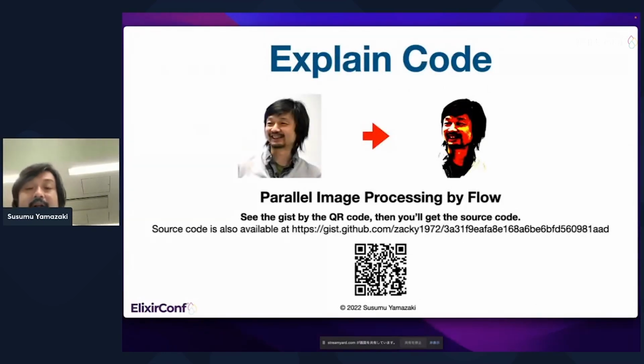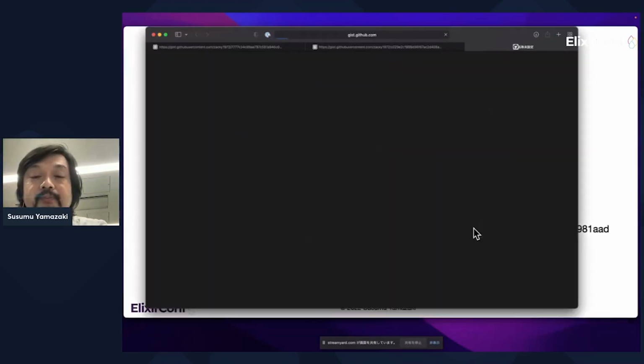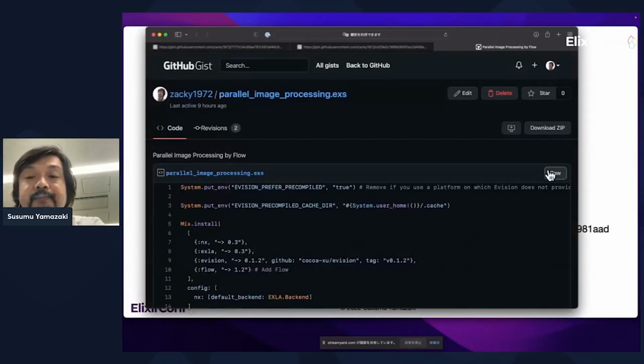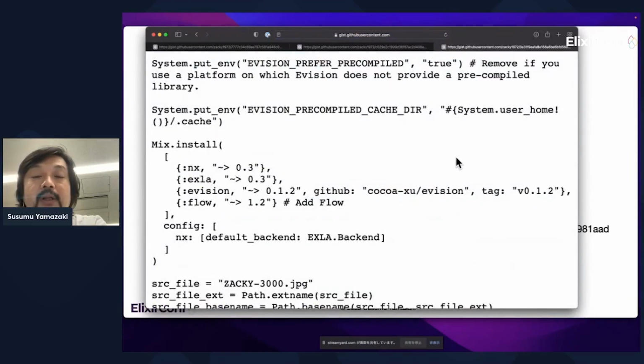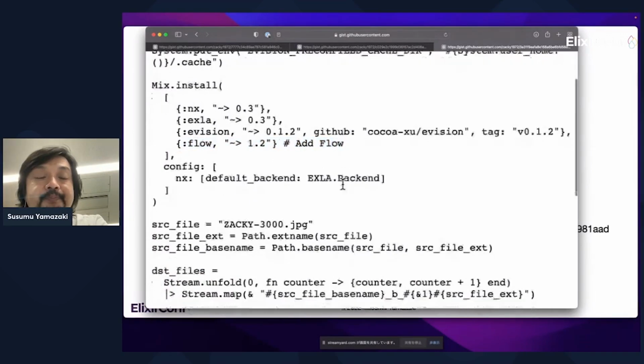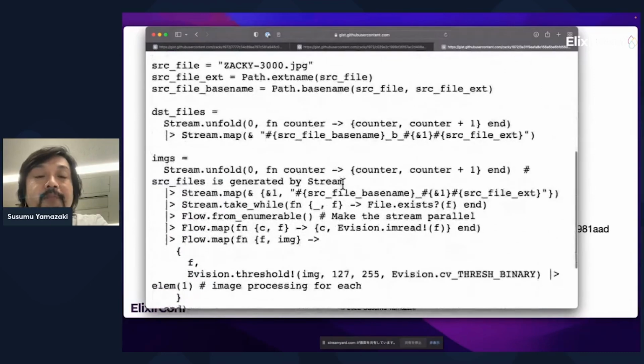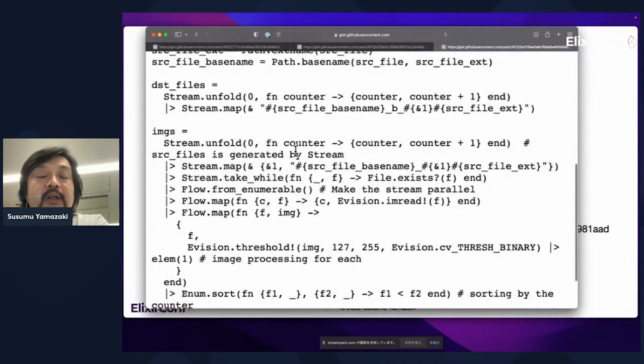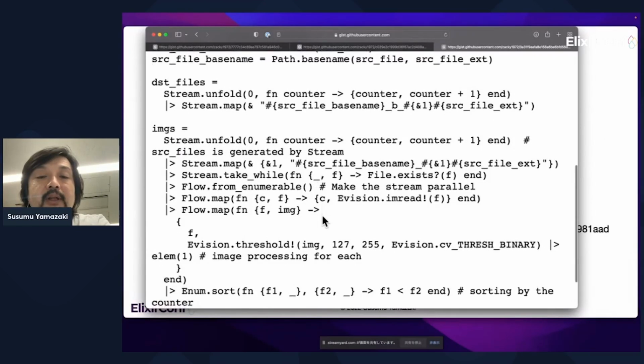Next, parallel image processing by Flow. Add Flow to the mix install. Source files are generated by a stream and make the stream parallel.